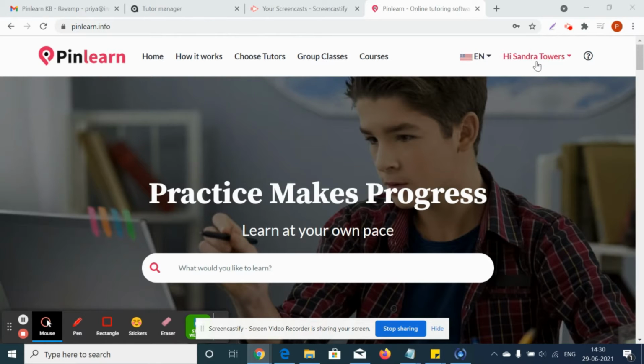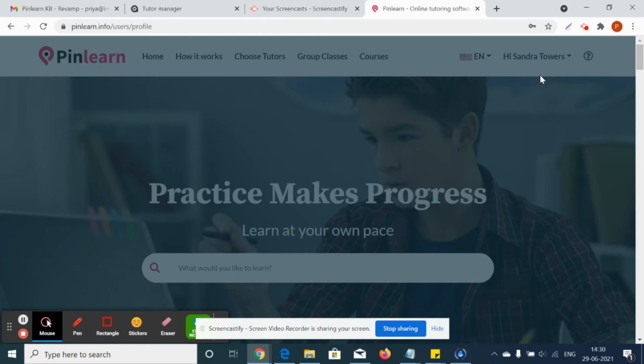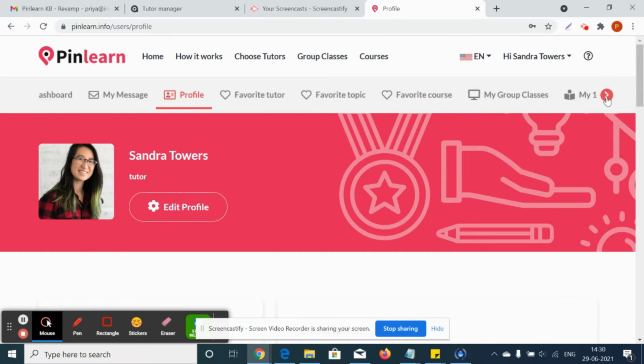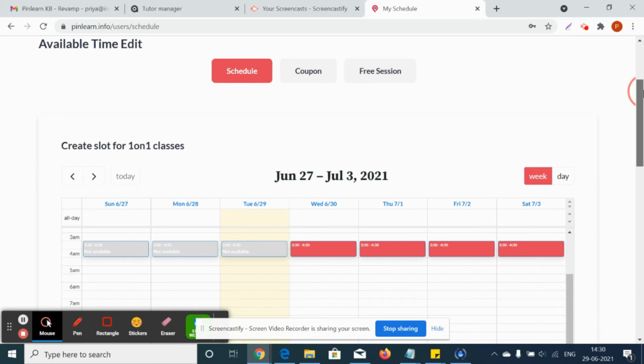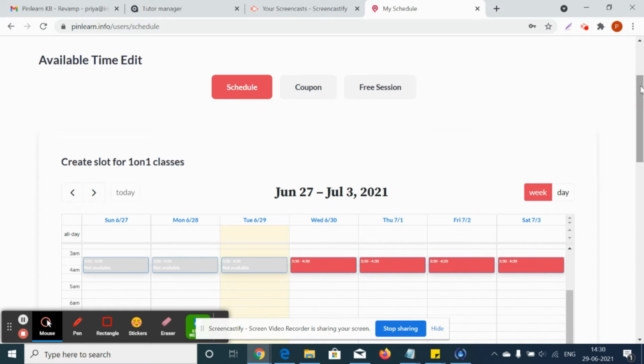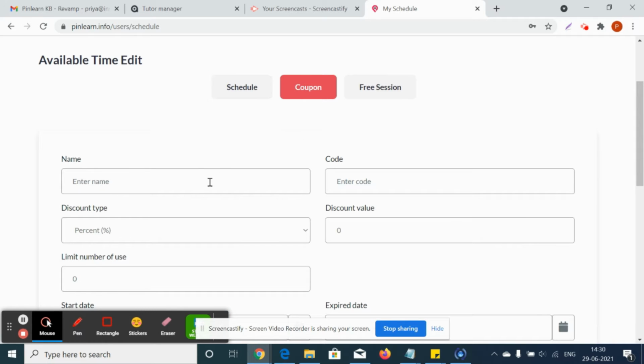Let's see how tutors can give coupons to their one-to-one classes. So once after they schedule the one-to-one classes, they can give coupon codes. The students can avail the coupon codes and they can have their discounts. So this is already scheduled class, and now the tutor can actually give the coupon details like name, coupon code,